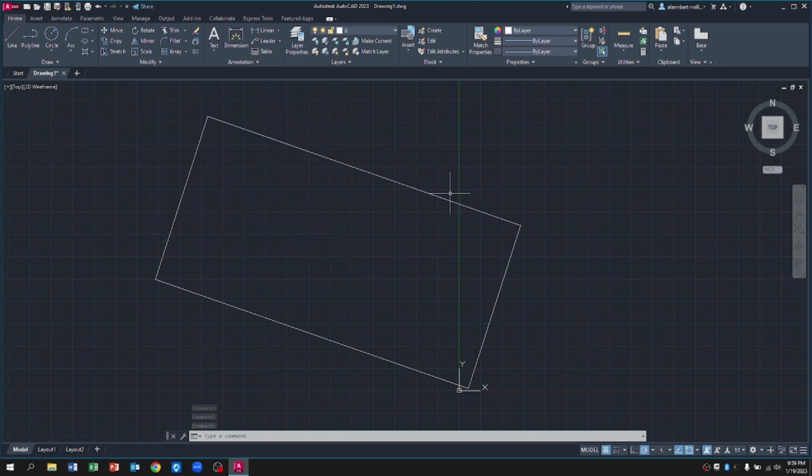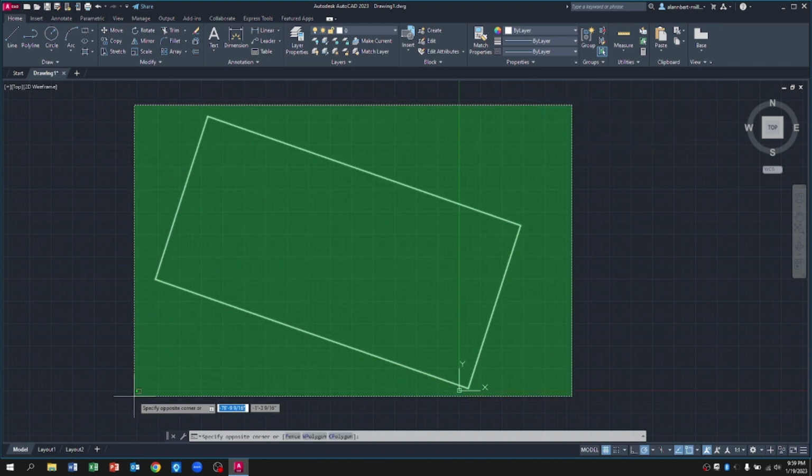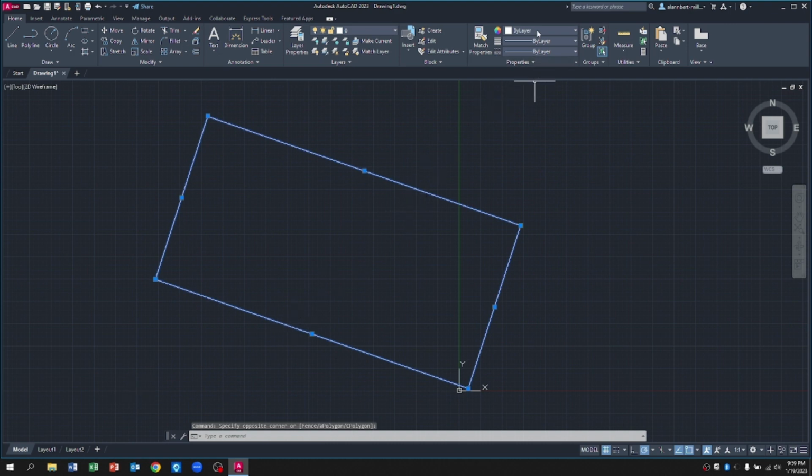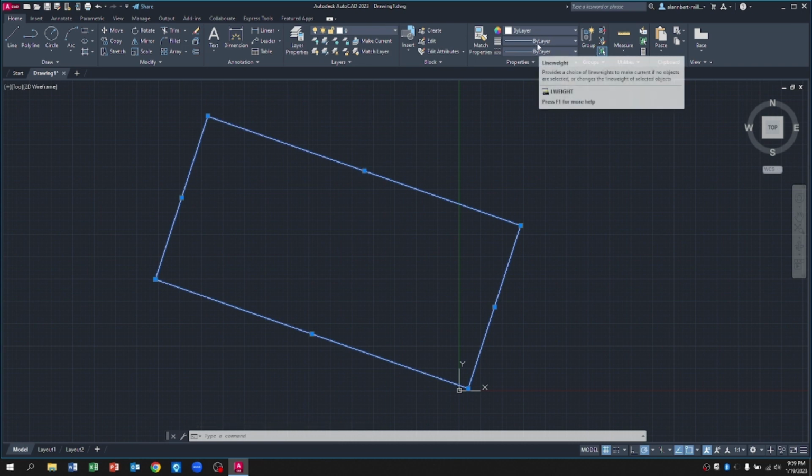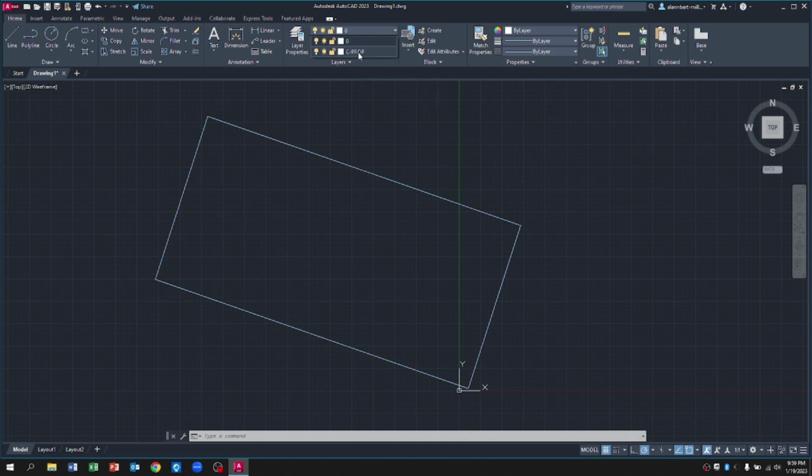Now we can select this whole thing by making a box from the right corner. Select everything, and then pull this layer down. Oh, I lost my layer. Where is it? Oh, here it is. Layer, and we're going to select C prop. You can see that this is now layer C prop, but it didn't change the line type